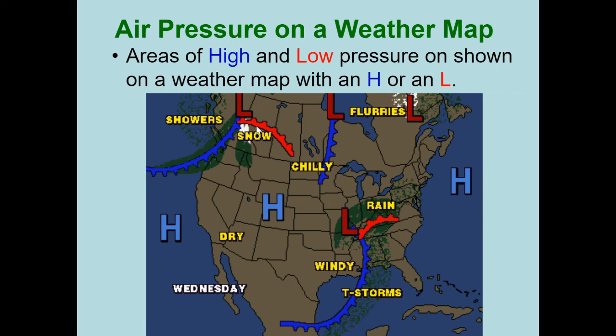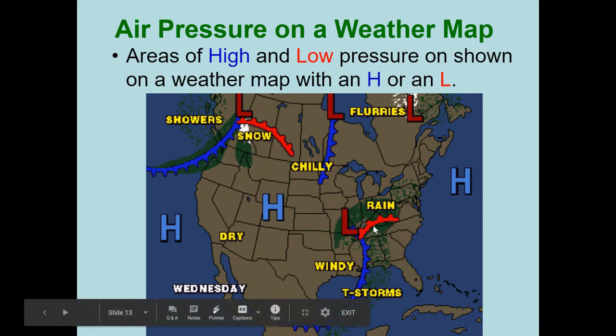Something I do want to point out is I just said an increase in temperature decreases air pressure. It doesn't necessarily mean if there's low pressure that it's going to be 80 degrees outside. All that means is, let's say this is an area of Canada where it's usually pretty cold. All that means is it's going to be less cold. So in this situation, maybe it was 20 degrees all week and now it's 30 degrees. So it's not really bringing warm weather, it's bringing less cold weather. So that's why there's snow in a low pressure area.